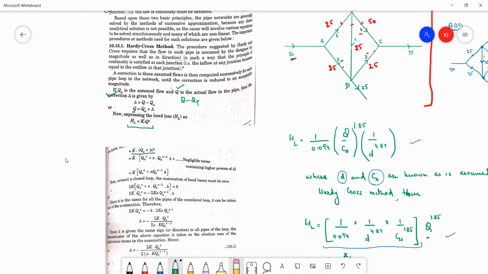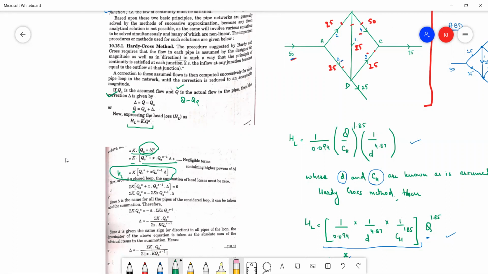We are basically putting in the value of Q, then K into, we are opening these brackets which goes something like this, and higher powers are neglected because we assume that the delta, that is the correction factor, has to be very small. Okay, so delta square will automatically be very small again. And finally we have this thing, that head loss is equal to this,